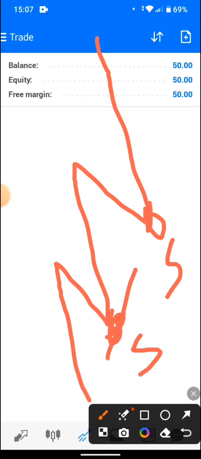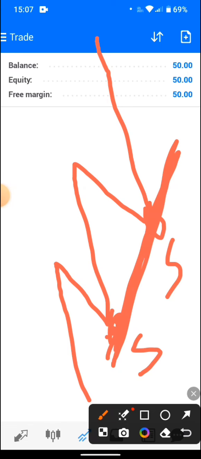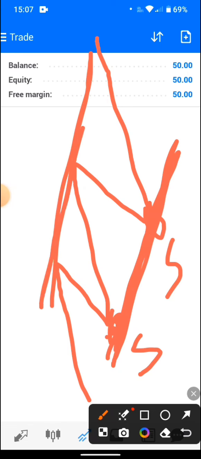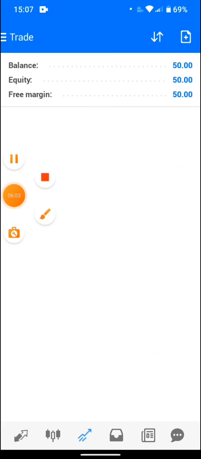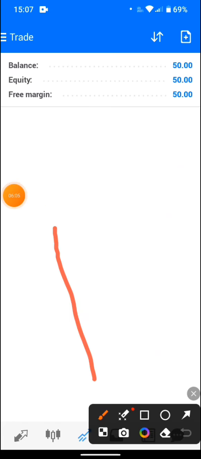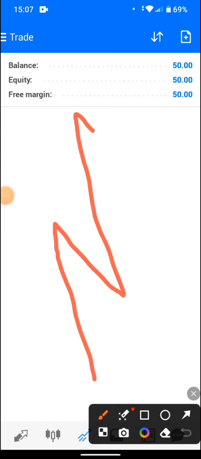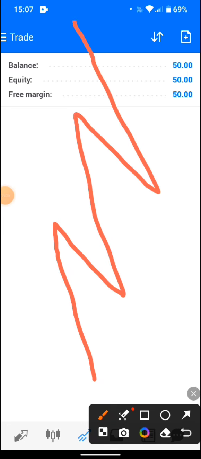Okay. So if you just draw your trend line, this is your support, and at the top here is your resistance. So you want to take a buy trade at the support, and you want to take a sell trade at the resistance. Okay, you want to take a buy trade at the support, and you want to take a sell trade at